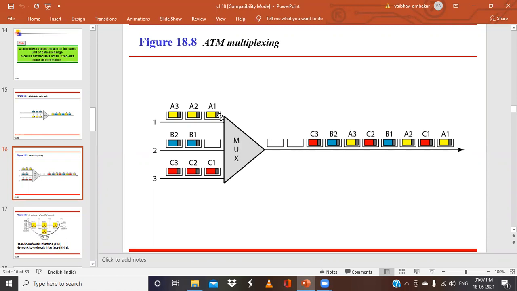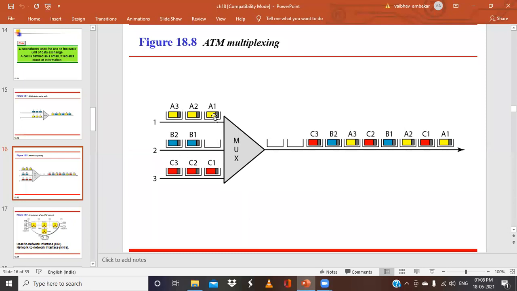So the time slot does not remain empty if the channel has no cell to send. In this case, there is no cell to be transmitted, but because of this, the channel is not empty here. In the earlier case, if you are giving slots only for A and only for B and so on, then C has to wait because there is no cell present at this second link.